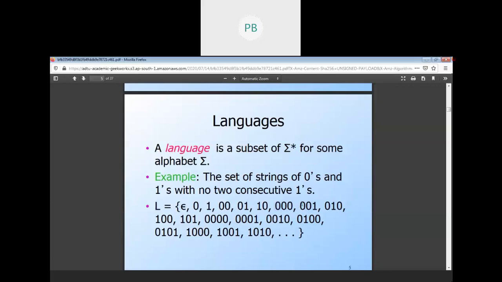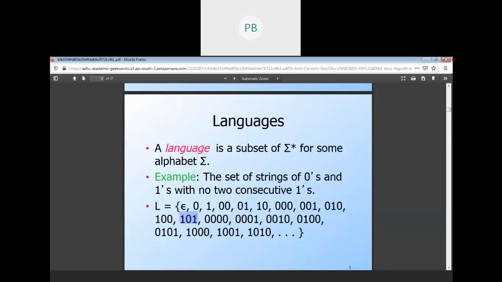Here we find that two consecutive zeros are there, but no two consecutive ones. 0 1 0, then 1 0 1, and 1 0 0. Here there are two ones, but they are not consecutive. That means you cannot create 1 1 0. You cannot create a string under this language with the particular condition 1 1 0.